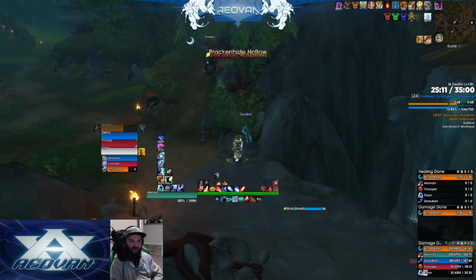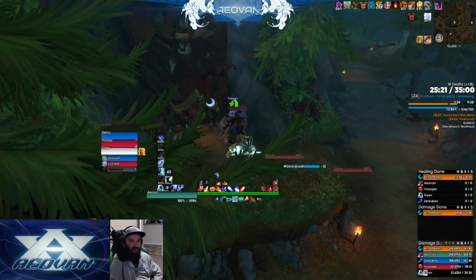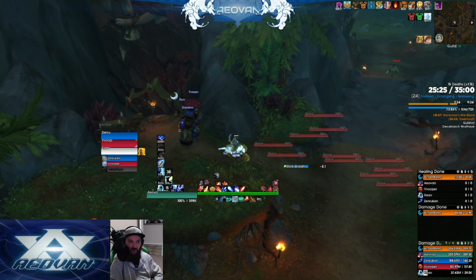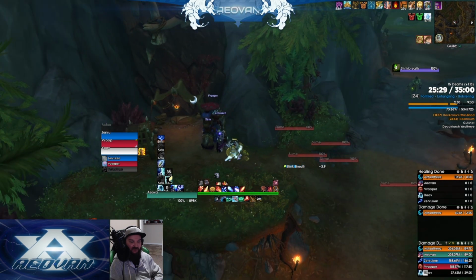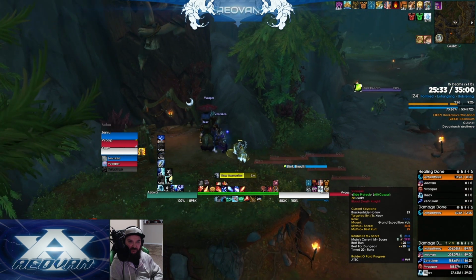I think Trees actually ends up dying to this because he gets Stink Breath. Either we weren't fast enough or something, so we just try to B-res him here. Or not B-res, just a normal, I think, mass res. But I think Zeev has to get off the mount, and then he gets over here and he's not close enough. I think he has to come down closer to, like, the bridge there. But...